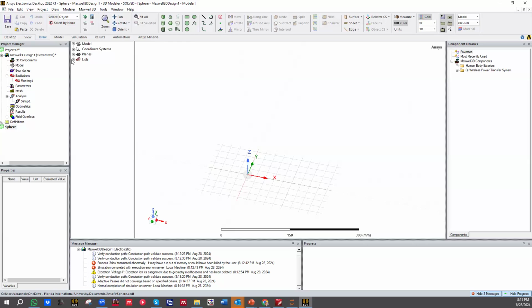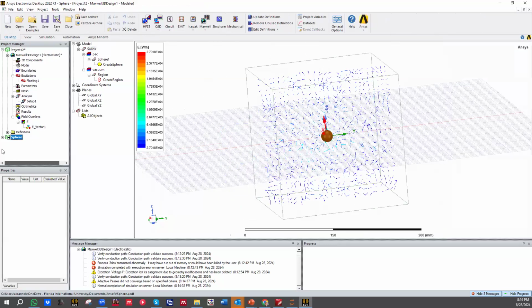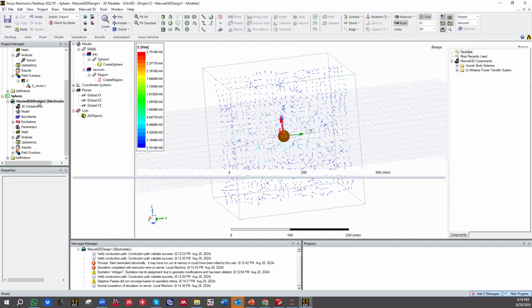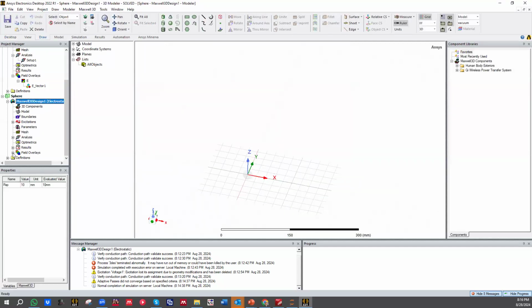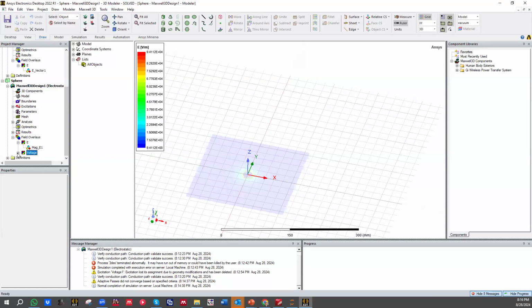Not sure what happened. So the idea was to, oh my god. No, this is another one. This one. This one. Yeah, so the idea was to show you